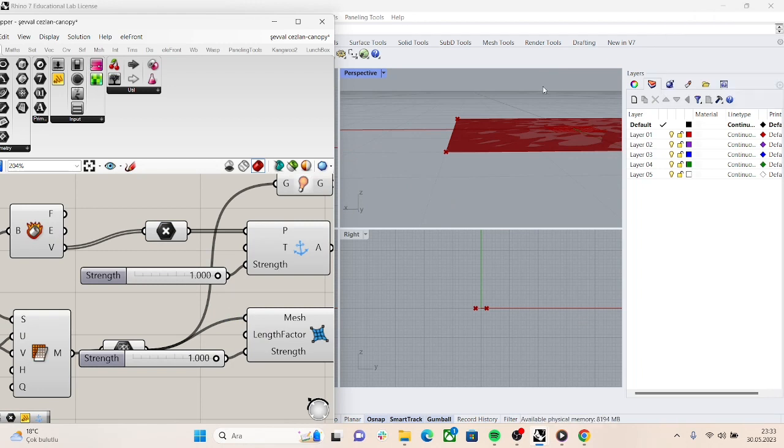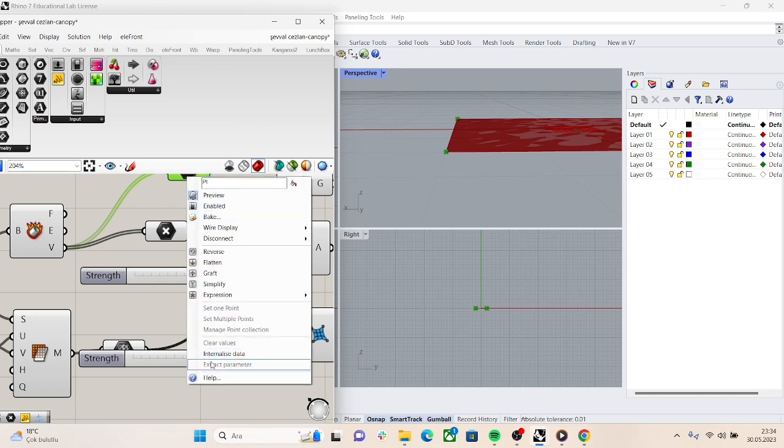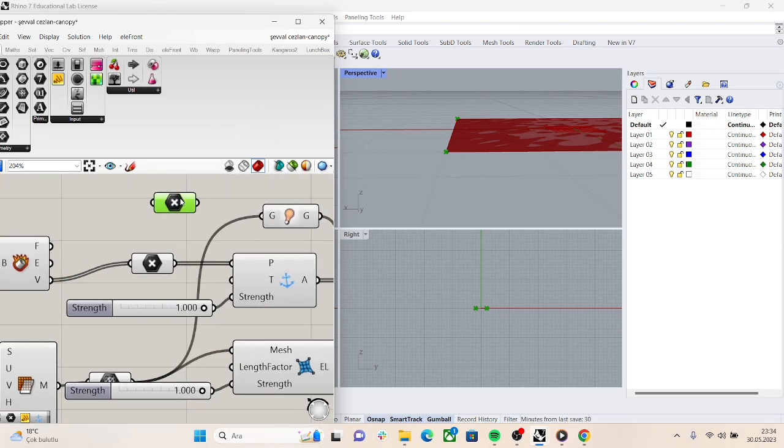Next step is to move the anchors. We will add the target points basically, and I simply copied it, so Ctrl-C and Ctrl-V to paste in place, like that. I moved it up and then I right-click and choose Initialize Data. And now, like you see,